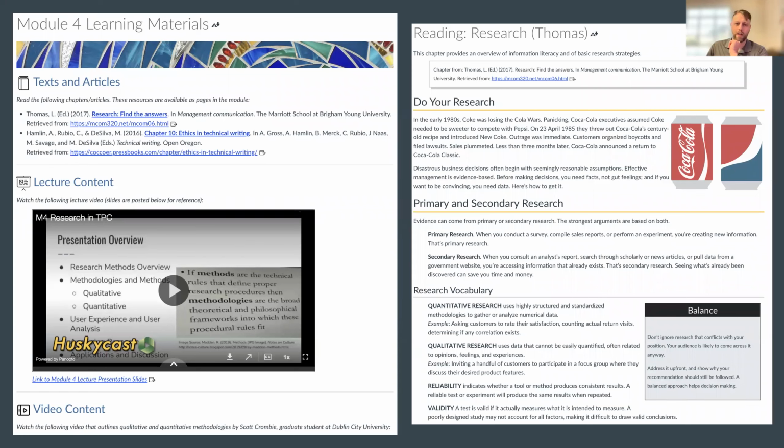One of the other advantages is that I have the same style. All the readings have the same header structure. They have the same way I do callouts, and the same style of image attributions and citations, et cetera. So as they're going through the content, to use our term, it's a seamless course design experience. A question came up in the chat, which I'm going to address now because I think it's relevant,